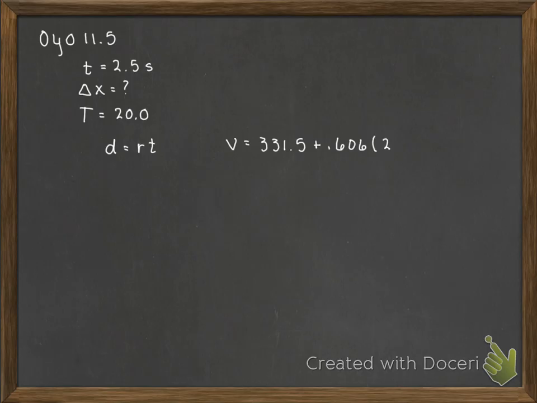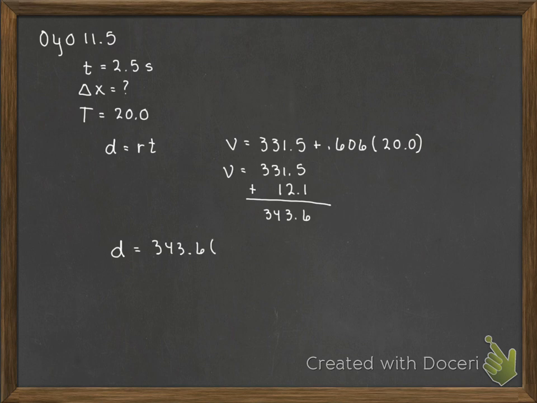And then we have 20.0 degrees. So we will figure out 0.606 times 20, to 3 significant digits, is 12.1. Okay, so we need to abide by our rules here, and everything lines up exactly the way it should, which is really nice. So we have 343.6. So the distance that the lightning was formed away from the physicist is 343.6